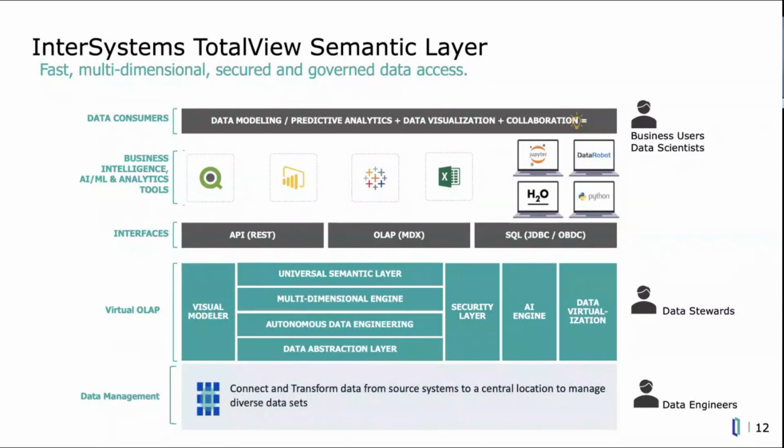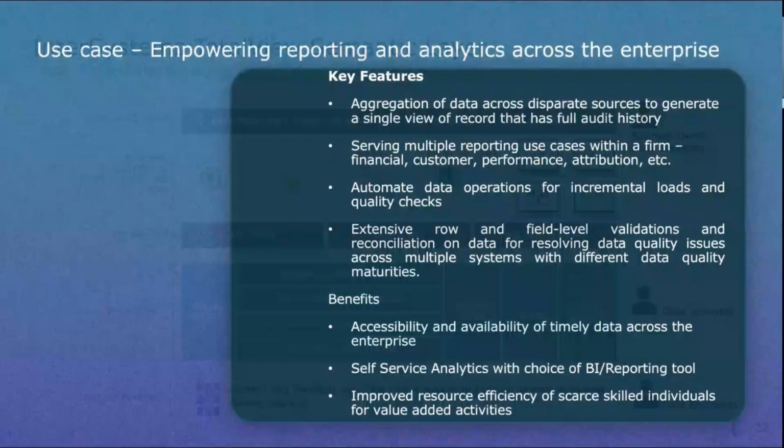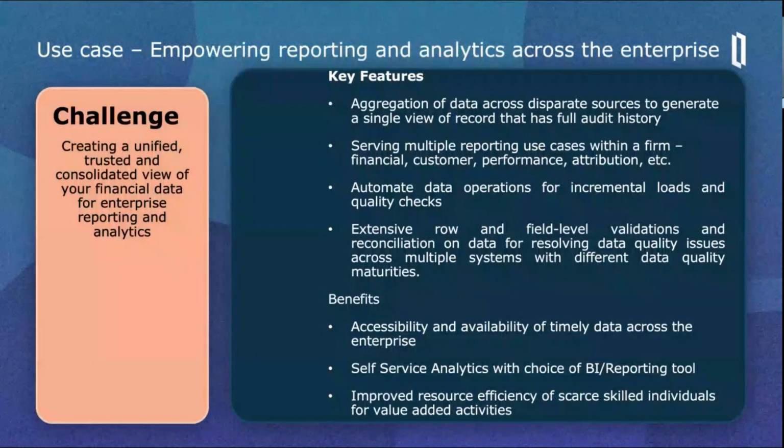So when we say that data fabric is the idea of creating a connectivity layer across the entire organization, which basically creates a single version of truth around all the data assets, then when we put a semantic layer on top of it, that starts becoming a smart data fabric. And if you look at the cases we are working on with our customers, where do you use these capabilities?